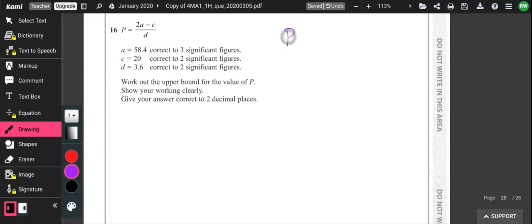Question 16, we're looking at the upper bound of p. So when we want the upper bound of p, we want the largest numerator that we can possibly get. So 2 lots of the upper value of a minus the smallest value of c. And we want the smallest possible denominator so that we can divide by a small number there. So we need 2 lots of the upper bound of a. 58.4 correct to 3 significant figures. We're going to go up to